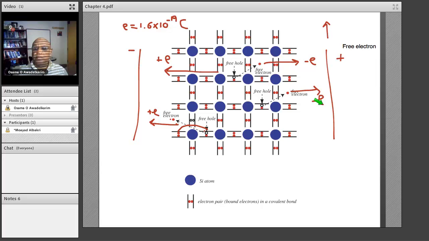So in a semiconductor, we have both free electrons as well as free holes. So in a semiconductor, you have free electrons and free holes. In a metal, we only have free electrons. Because you remember when we talked about the metals,